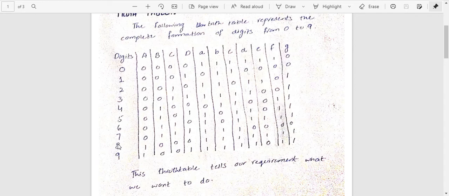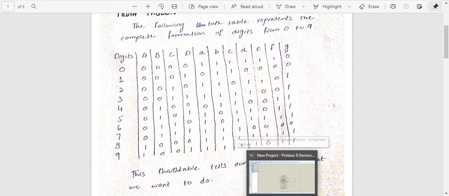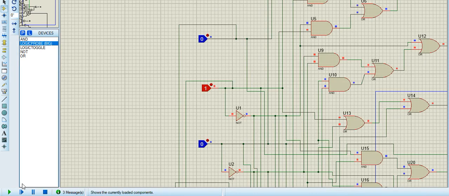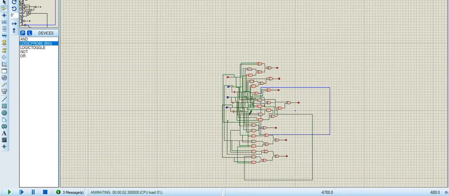We will now describe 8. If we want to draw an 8 in this logical circuit, we need to apply a high input at A and the other inputs act as 0. Here is 0, and we will apply 1 at the first terminal and then run this input. As you can see, all of the outputs prove that we are getting 1. In this way we can draw each and every digit, from 0 up to 9.